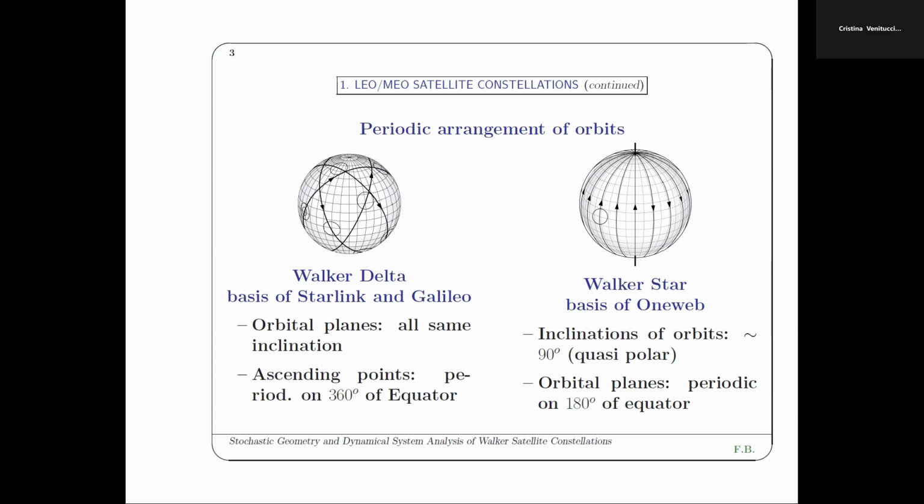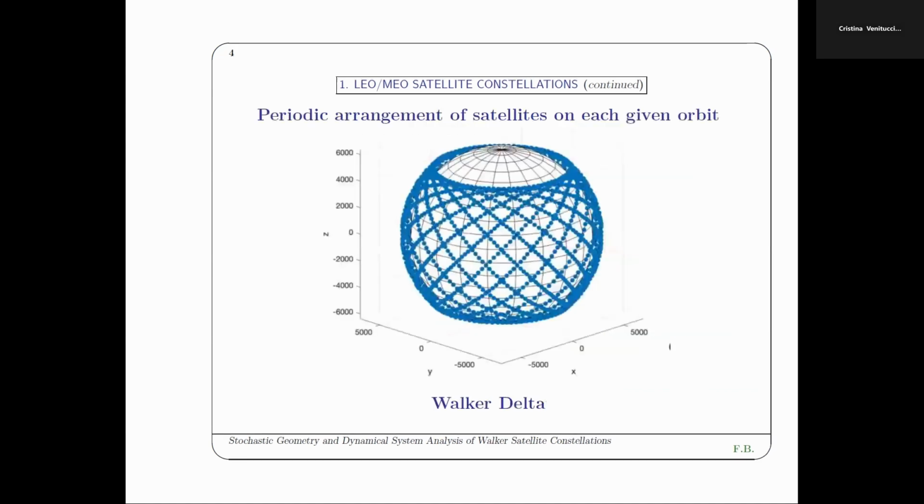Whereas the star, I will not describe it, has almost polar orbits, and you get ascending points only on half the equator, and you will get the descending points on the other half of the equator, right? Of course, Earth rotates, as some believe, and so a given user will sometimes see satellites on the equator moving up, and other times moving down, right? For the star, but I will not describe the star. Okay, that's the delta,